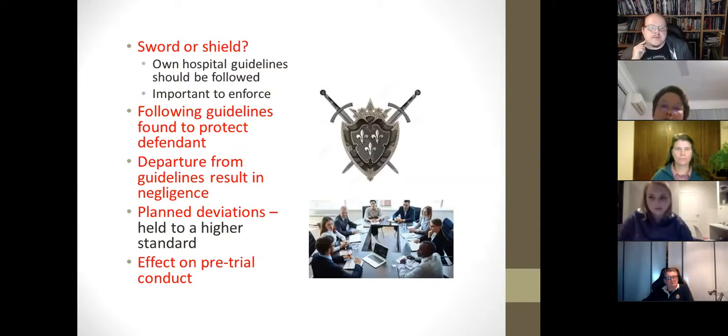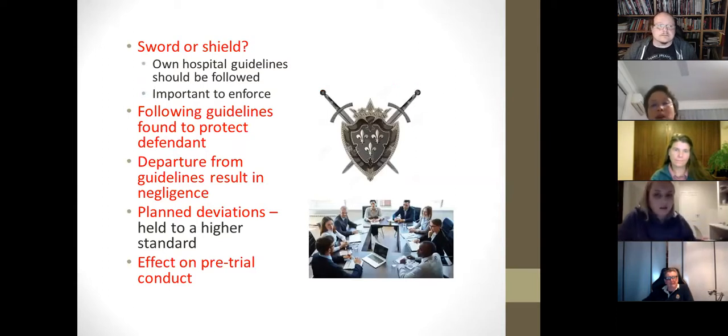The other case was where the doctor planned to give the patient a Clexane injection, a blood thinner, but failed to chart it in the medication chart, and the nurses failed to bring it to his attention or give the Clexane. But then they found that even if he had charted it and it had been given, it would have made no difference to the case. And the guideline did not require Clexane to be given in that situation. So he was found to be not negligent.